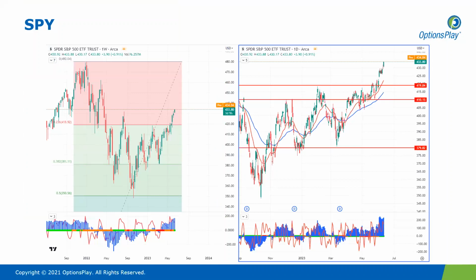So taking a look here at the S&P 500 using the SPY ETF. First things first, we just had a very important data release for the CPI numbers coming out, and it indicated largely good news. Core CPI came in at 0.4%, which was in line with the forecasted analyst expectations, but a year-on-year decrease for CPI did come out better than expectations here.